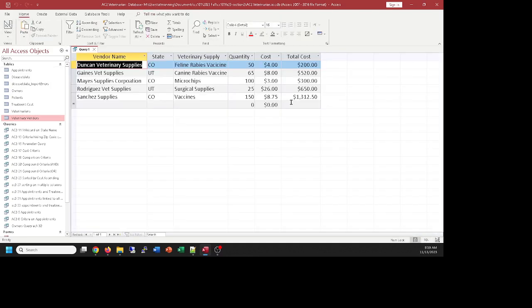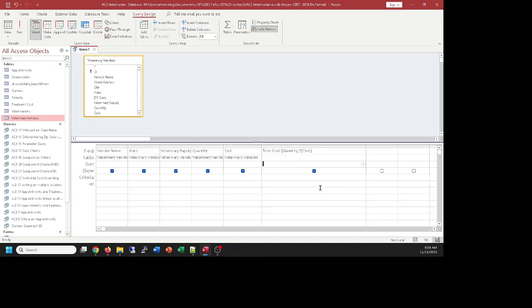See how that one shows the costs, and this one isn't. Anyway, there is a way to do that formula, referring to other columns. And the reason they work is because I properly spelled what was in square brackets. If I misspell what's in square brackets, it will turn that into a parameter query and say, what value did you want to put there? So let's go ahead and save that one, and we'll save it as